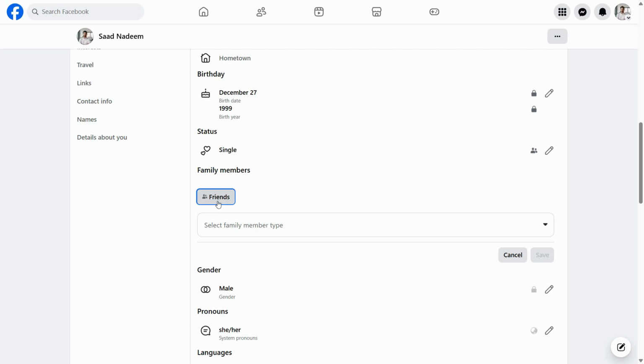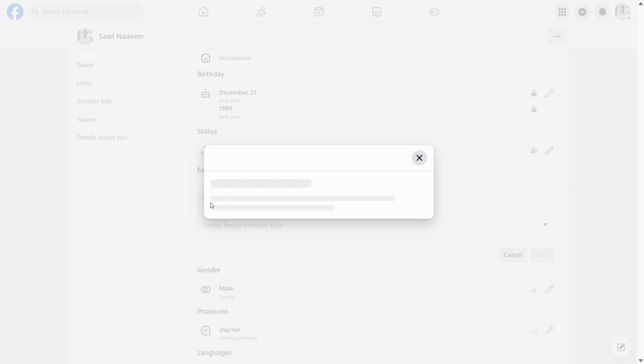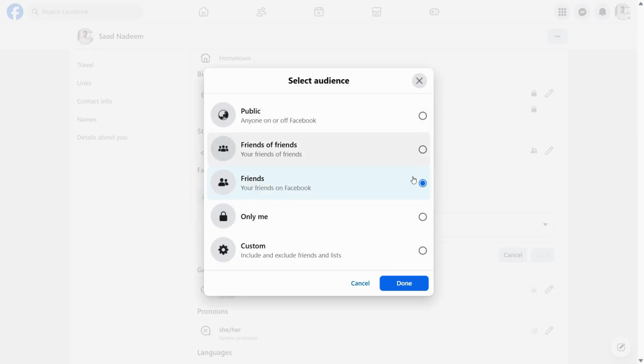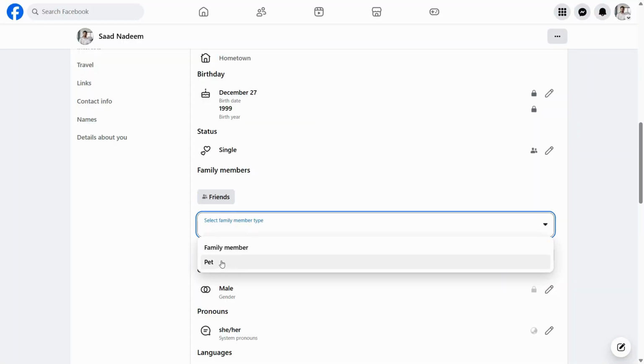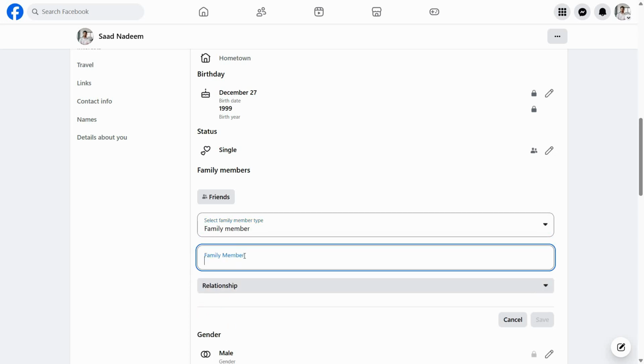Click on that. And basically, if we want to share it with public, friends of friends, friends, and all, this option is about that. And after that, we start adding our family member. We can also add our pet here. Click on the family member and you just write here,